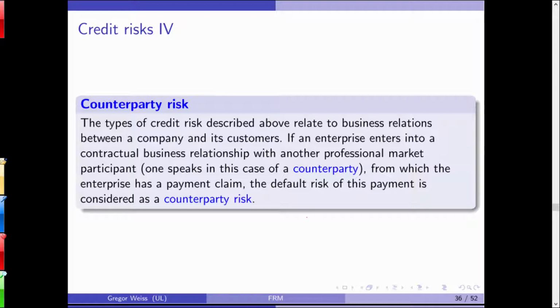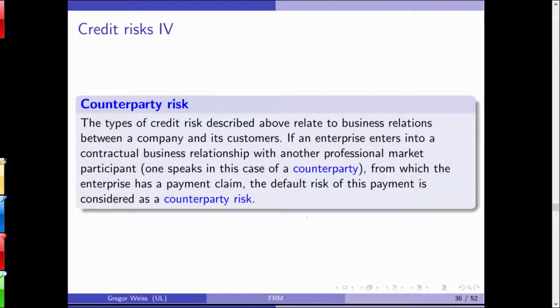And counterparty risk is the risk that in an OTC trade, in an OTC contract, the counterparty defaults. And in this case, in the worst case, your payment is completely lost. In the best case scenario, you haven't paid a dime, but the intended purpose of this OTC trade is lost. And this has become rather infamous during the financial crisis. Do you know which OTC trades were heavily affected by counterparty risk during the financial crisis? Yeah, credit default swaps.